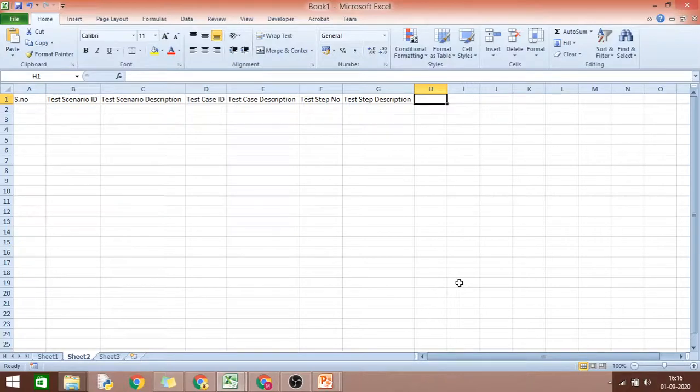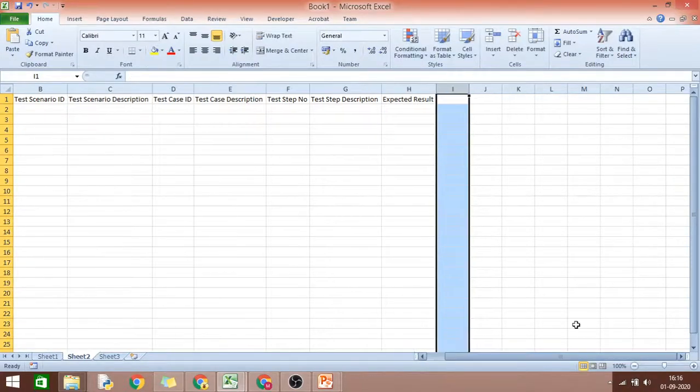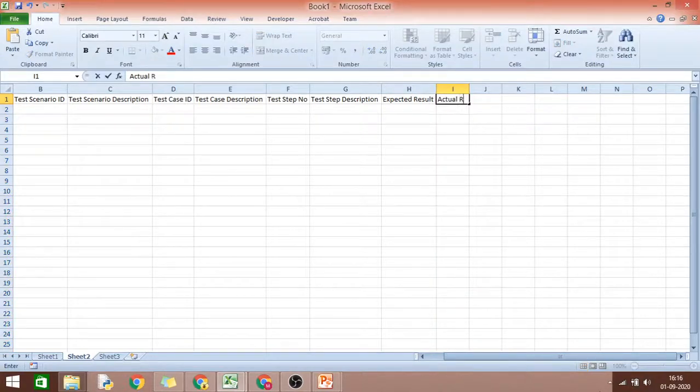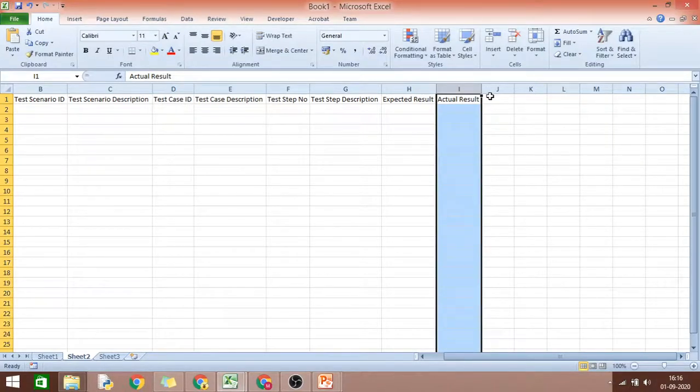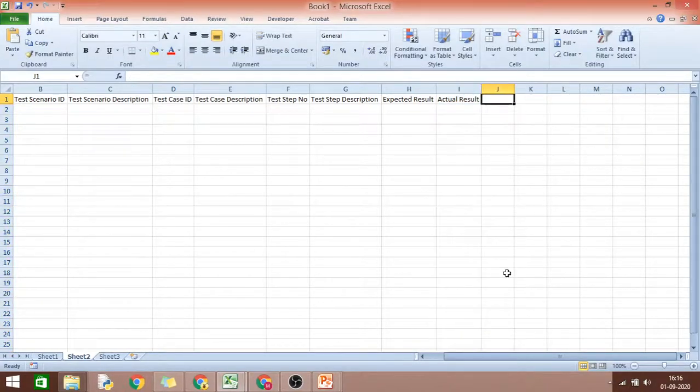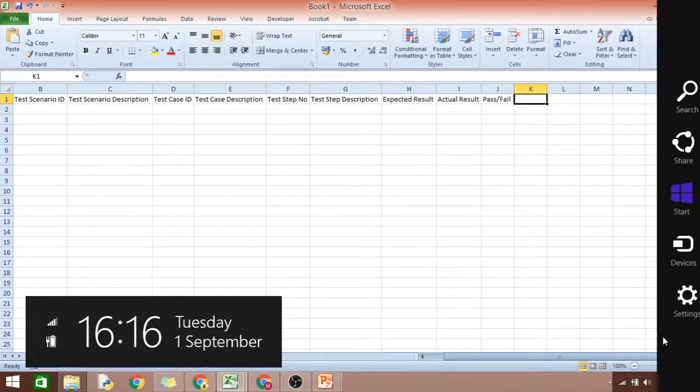Then you will have your expected result, which is the actual expectation of your application. Then you have the actual result column, which is the result after you execute that particular test step. Then you declare whether this test step is pass or fail, whether this test case is pass or fail.